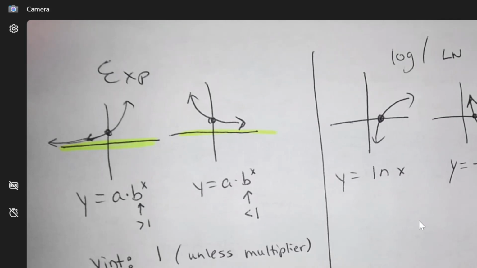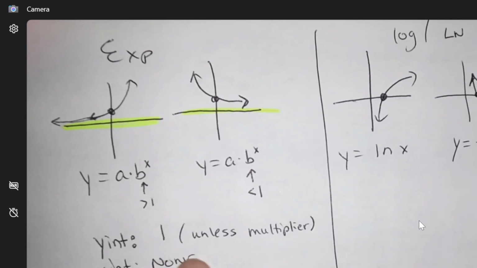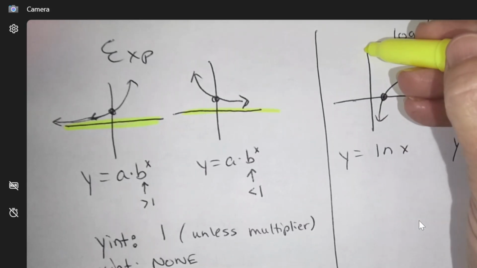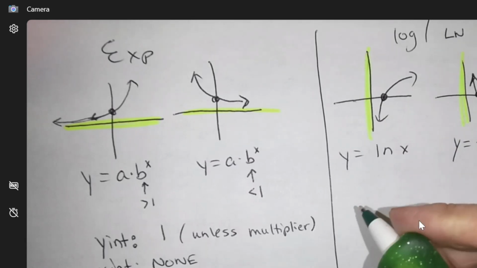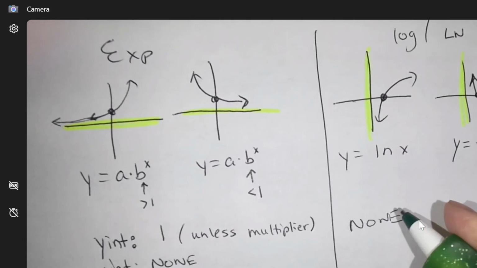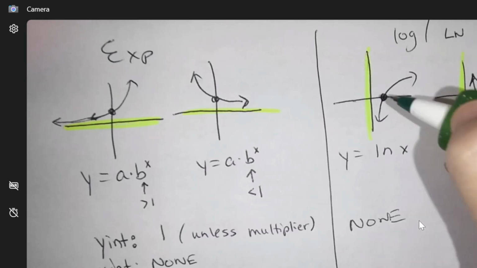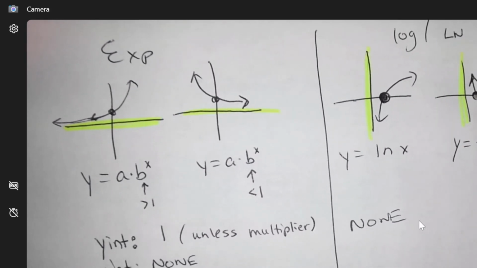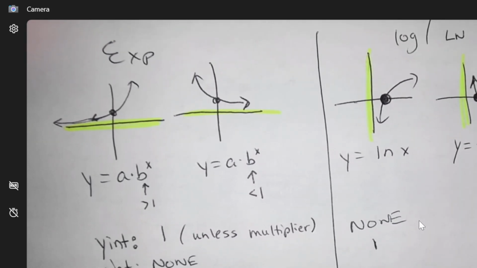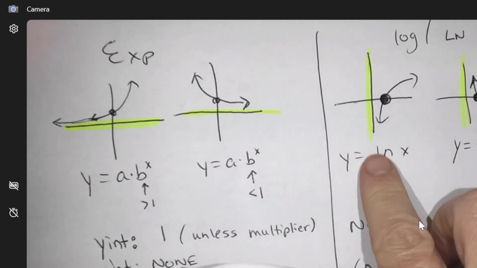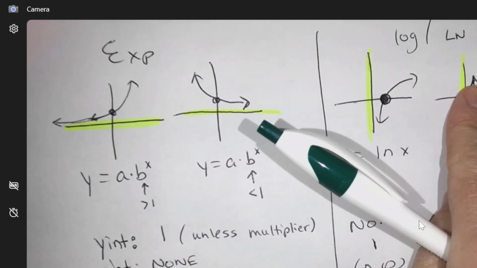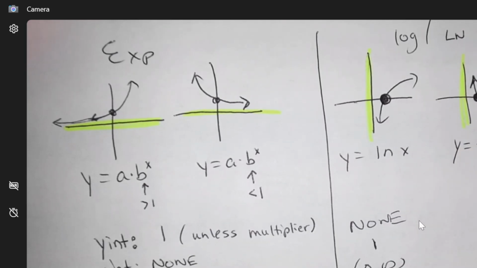Okay, so let's talk about the y-intercept. Let's do all these things. The y-intercept, so where is it on the y-axis? There's none. Where's the x-intercept? 0, 1. It's at 1. The domain, 0 to infinity, because it gets really close to the 0 line, but then goes to the right. And the range,